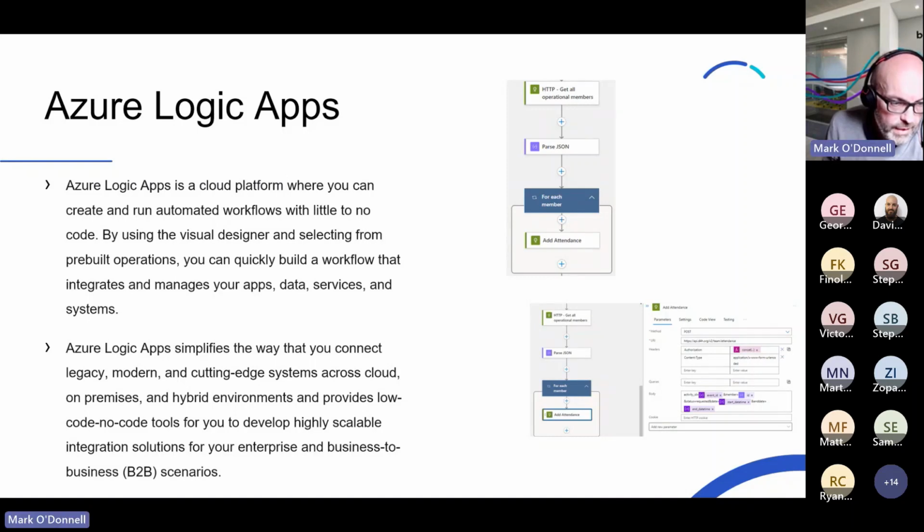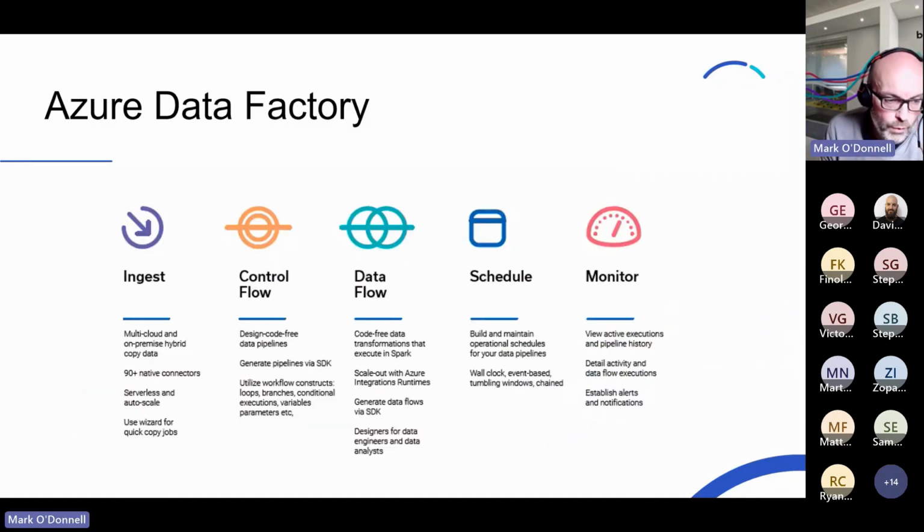So that's Logic Apps. Moving on to probably the more heavyweight integration tool in this lineup, Azure Data Factory. This plays the role of the traditional ETL tool, but it can actually do many things. So pipelines allow data to be pulled in batch from a number of source systems. It can reach into on-prem or operate in the cloud. It'll deliver them to the most appropriate place to process them.